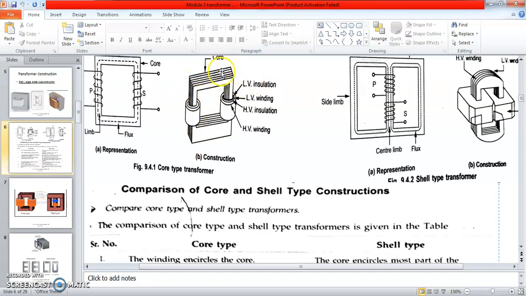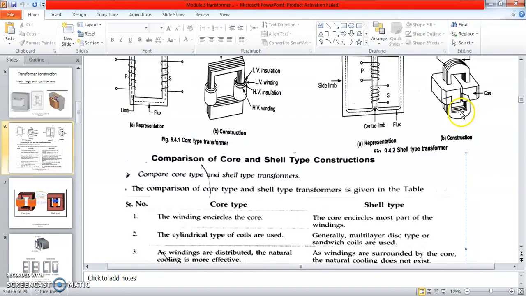These are the laminations. The laminations are assembled together and fixed, with insulation between them, to reduce eddy current and hysteresis losses. In the windings, copper losses sometimes take place, so the thickness of the winding should be more to reduce copper loss. So this core is surrounded by winding; that is core type.